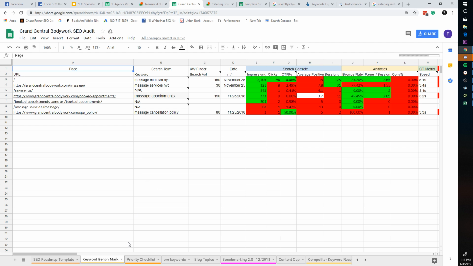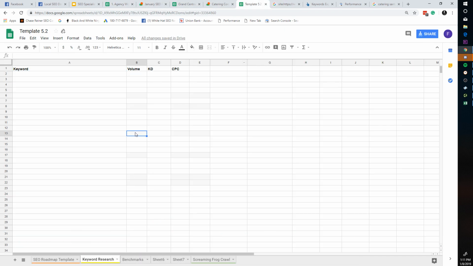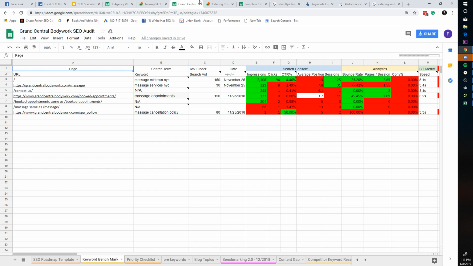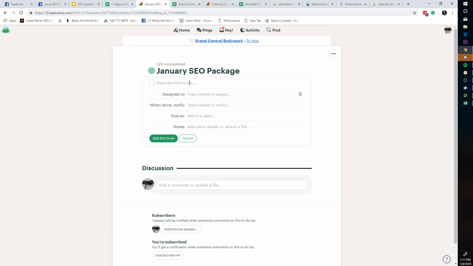Okay, keyword benchmark. This needs to be completely redone, as you know, based on the conversation we just had. So I'm just going to say benchmarks need to be redone. Are you okay with that, Robert? Redoing the benchmarks for them? Yeah, I have no problem with that. Redo benchmarks for top, we'll just say 20. This site doesn't have as many pages, though. Yeah, we'll just say 10 to 20 pages. It really depends on